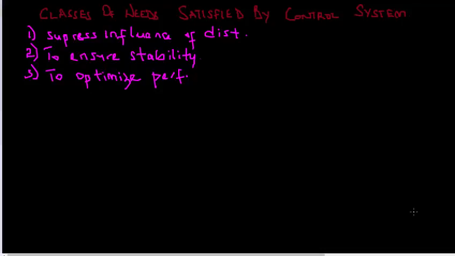Hi guys, I'm going to be talking about classes of needs satisfied by the control system. There are three major reasons why you need the control system: to suppress the influence of disturbance, to ensure stability of the system, and to optimize performance. In this particular video, I'm going to be focusing on how to suppress the influence of the external disturbance on